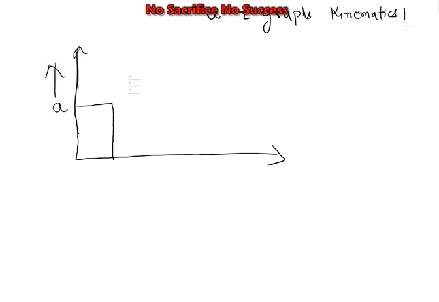So if you have an acceleration time graph which looks like this, let me just draw it for you. There is a body, and the acceleration is shown here, and this acceleration is 2 meter per second square, and it is maintained for a period of 2 seconds. And then the body has no acceleration, maybe for the next 4 seconds, and then this body has